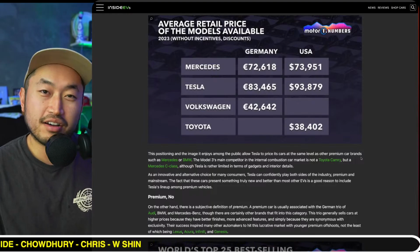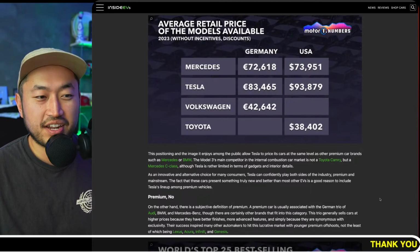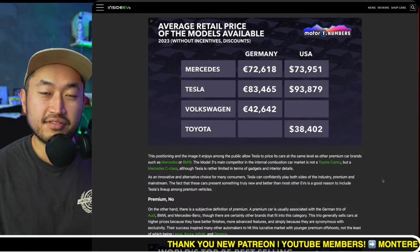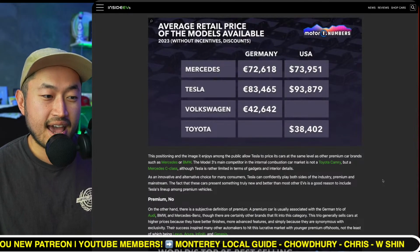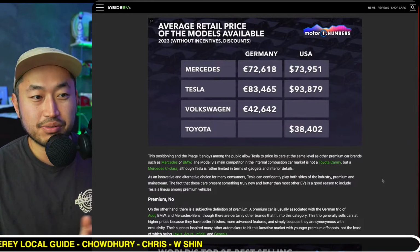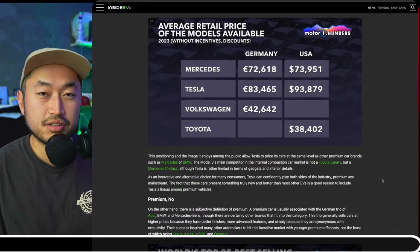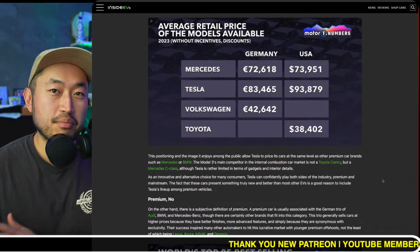Maybe brand value wise, it's premium, and certainly the technology is premium, but the fit and finish are far from premium. I feel like we know a lot of defection from other brands comes from Toyota and Honda, from most of the people that sell their vehicle and get into a Tesla. But there is some defection on the luxury side. In other words, it is also a big amount. But on the luxury side, the biggest defection is from BMW